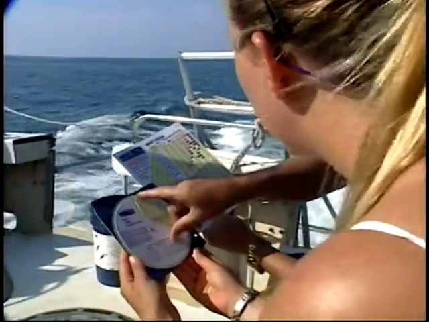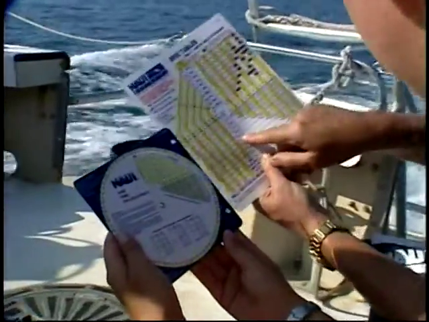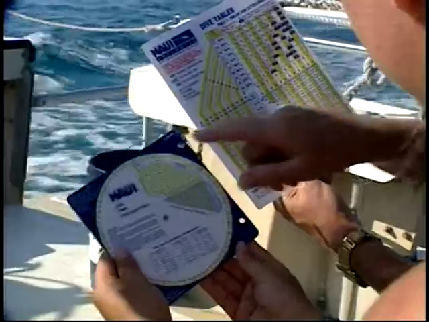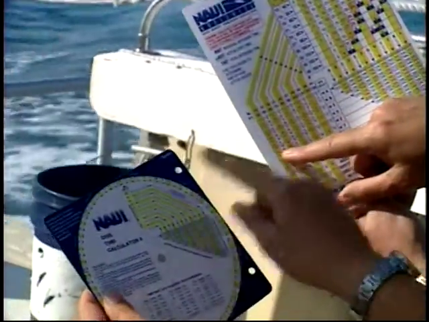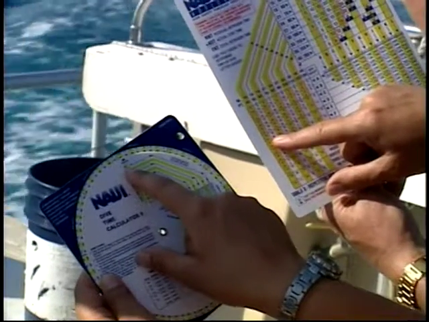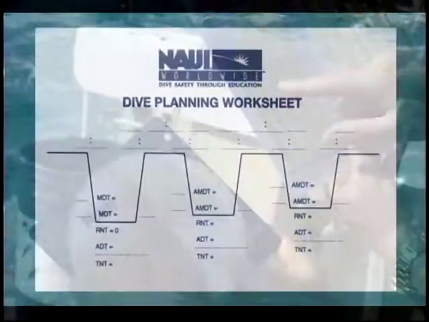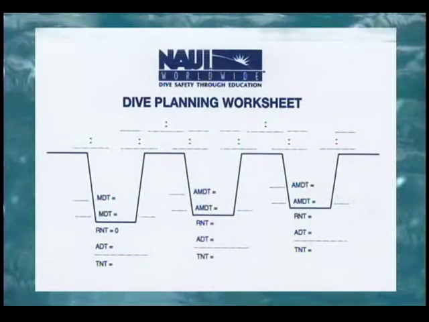You must systematically keep track of your depth, dive time, surface interval, letter group designations, and other information when working with the NAUI Dive Table or NAUI Dive Time Calculator. There is a NAUI Dive Planning Worksheet on the back of your NAUI Dive Tables. This method of calculating your dive times is called the Profile Method.